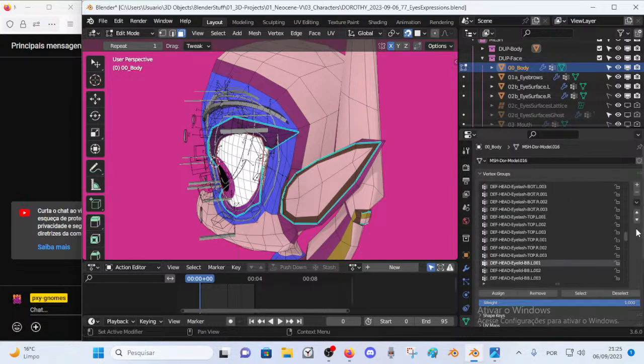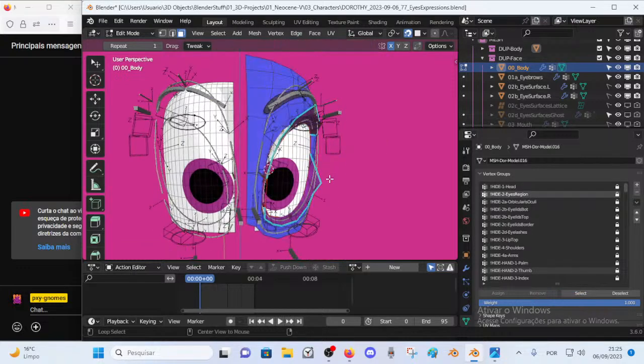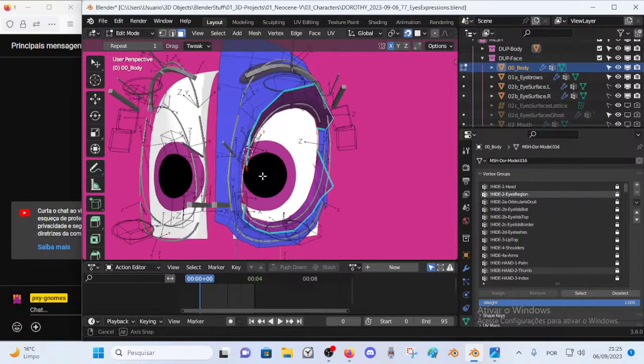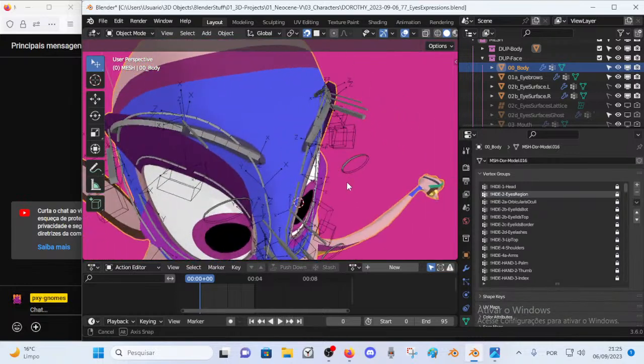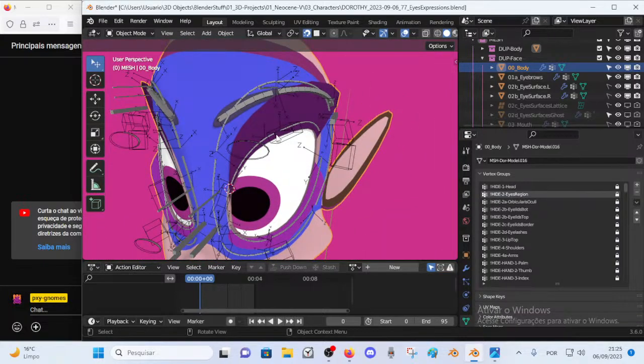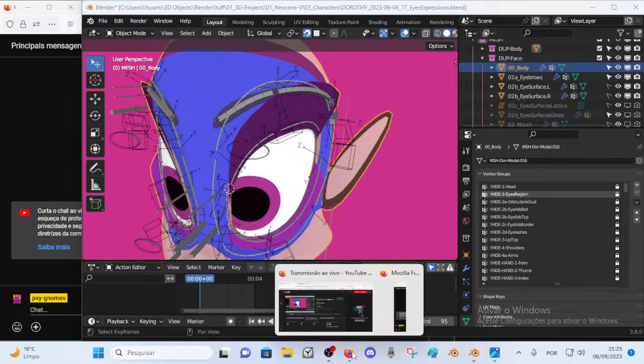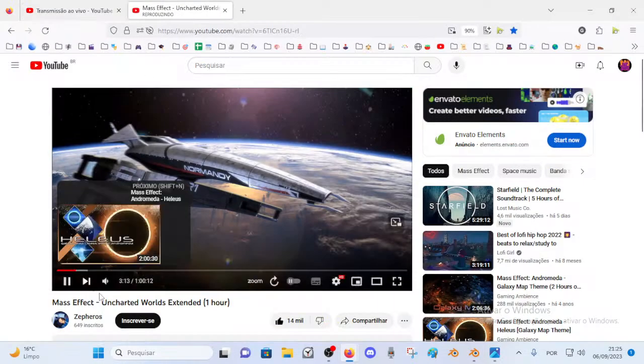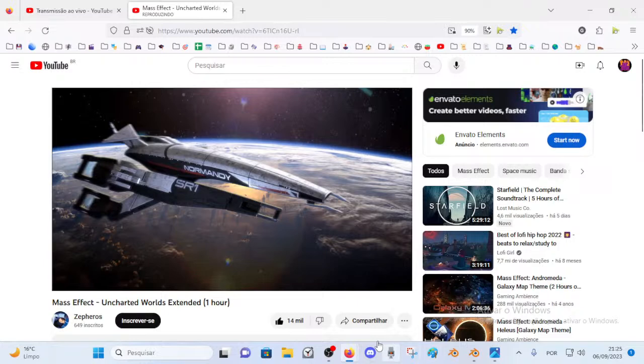Let's see. So vertex groups. First I'm gonna hide some mesh here to simplify this job. I just need it for this task. So here, I think the sound for me is a bit too loud. Hold on, let me just reduce that.